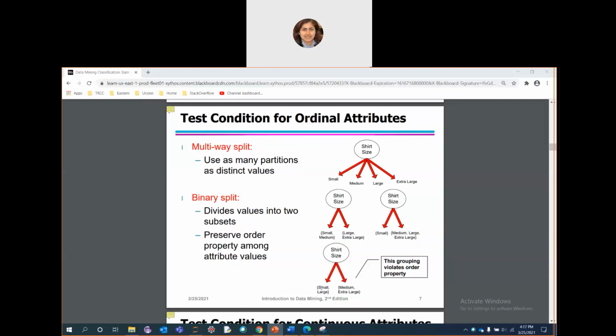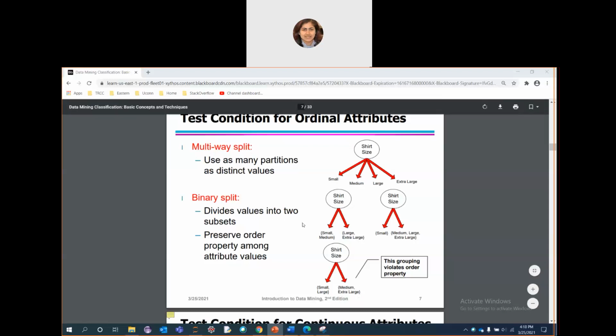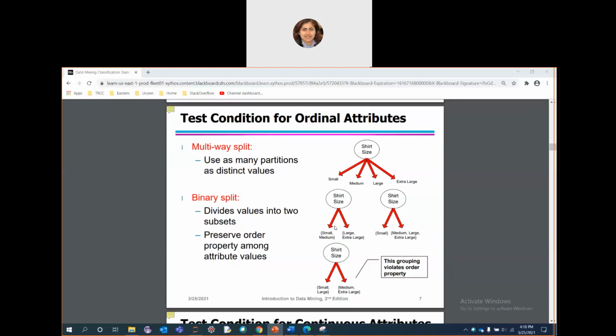you see. So if you are grouping the various criteria in this way, there is a possibility that it can violate the order, because ordinal attributes are supposed to maintain an order, and this confusion, while it is violating the ordering property, can give rise to many problems while creating the decision tree.